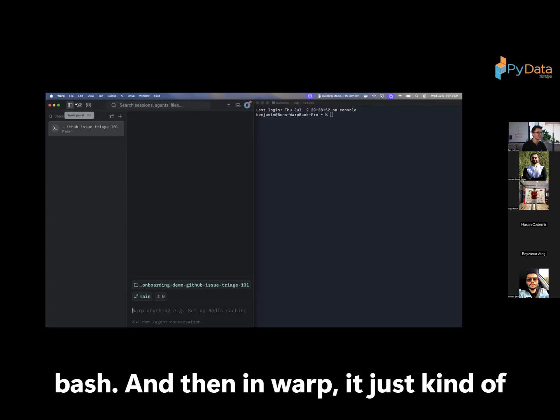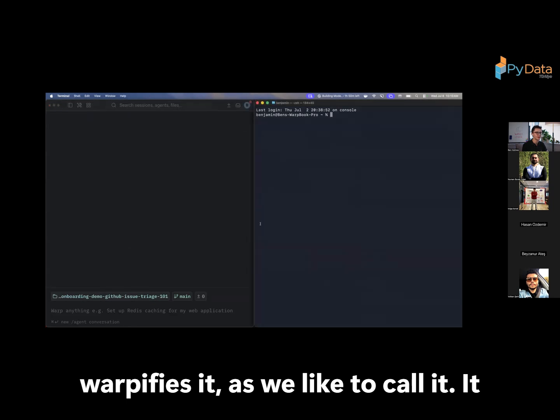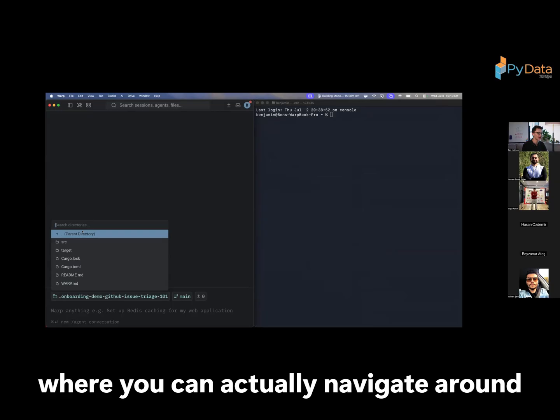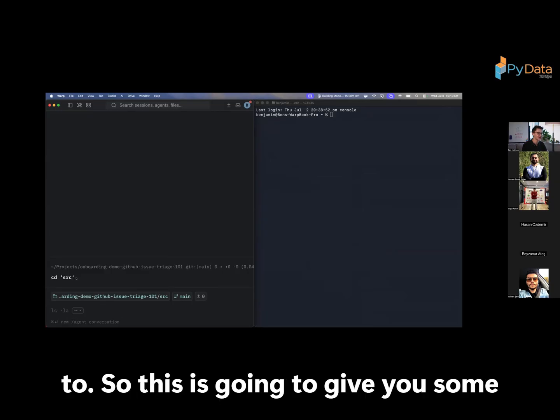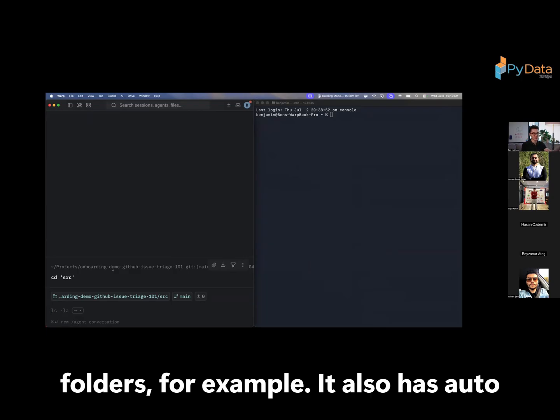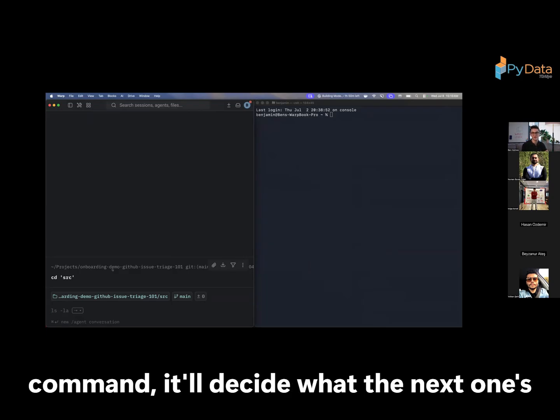And then in Warp, it just kind of warpifies it, as we like to call it. It just gives you a directory switcher where you can actually navigate around. So this is going to give you some inline commands to jump into nested folders, for example. It also has auto-completion. So based on the previous command, it'll decide what the next one's probably going to be